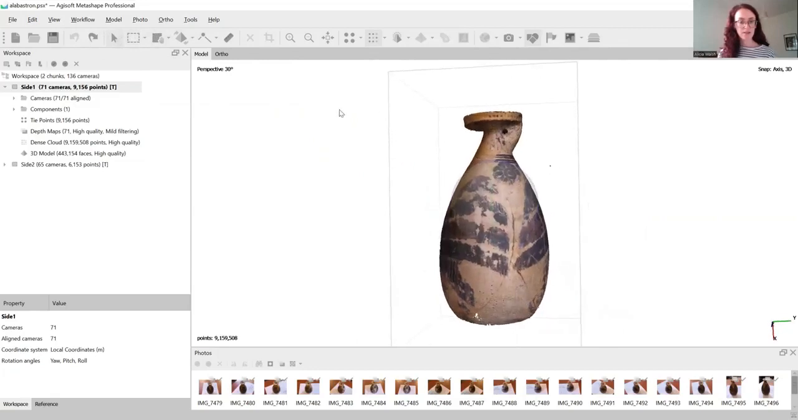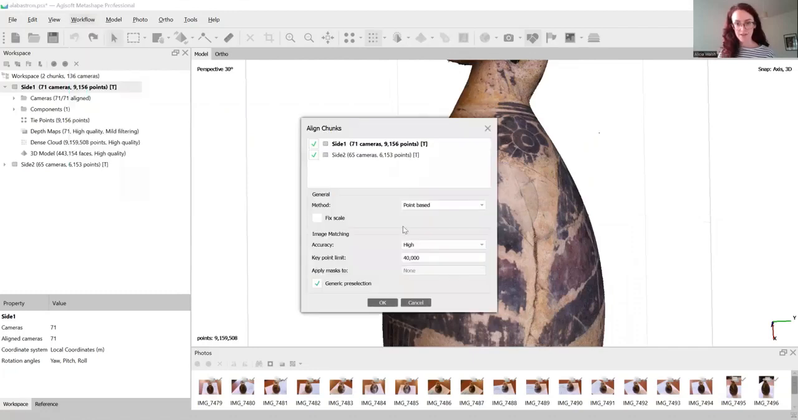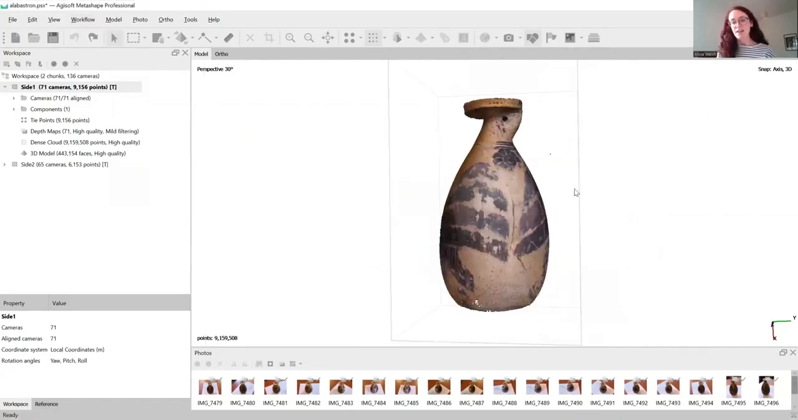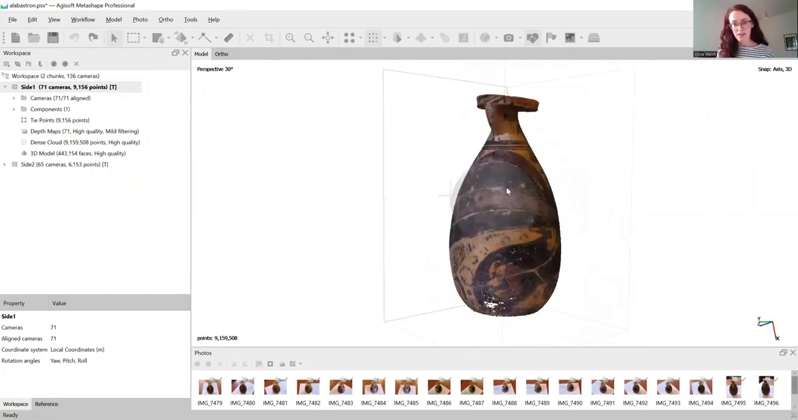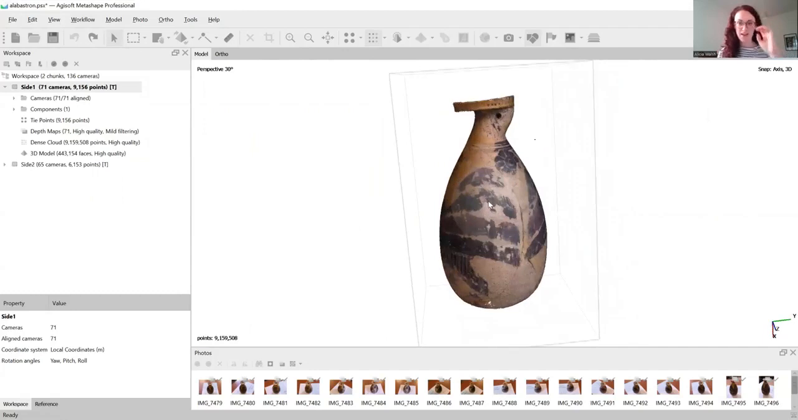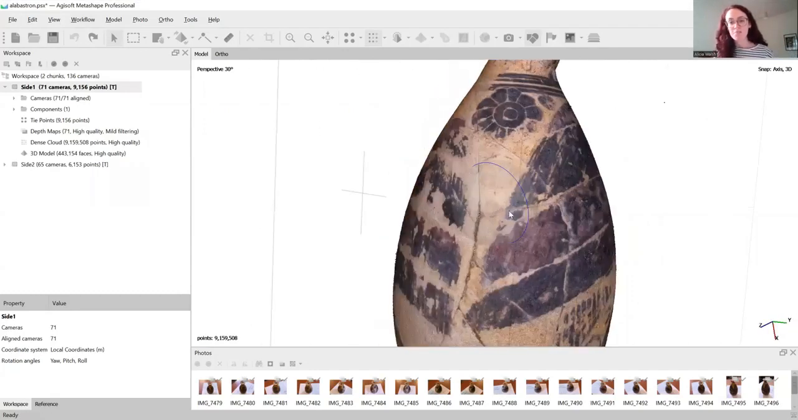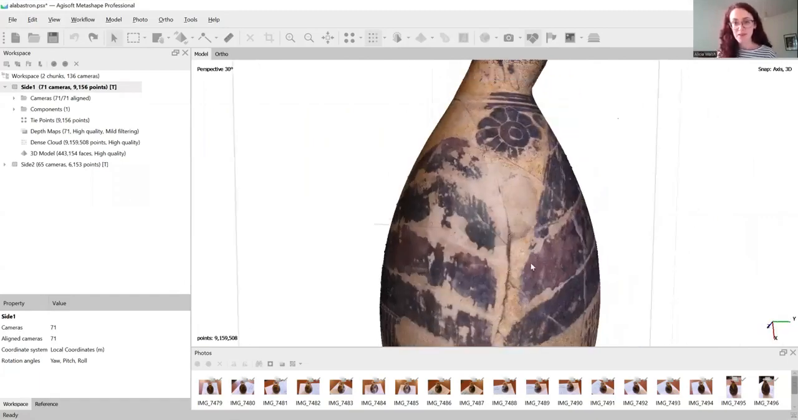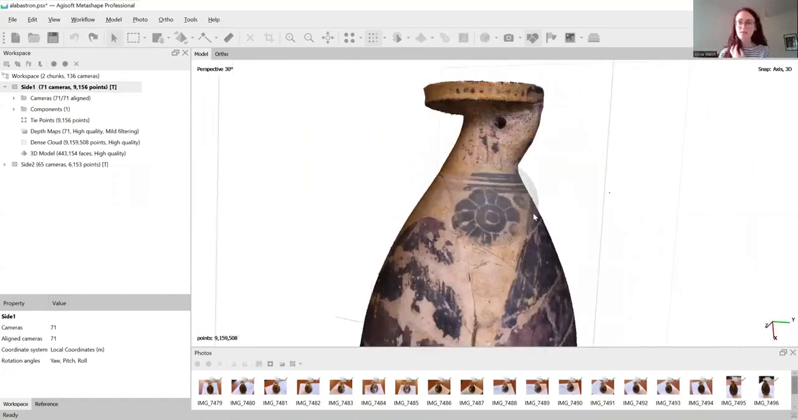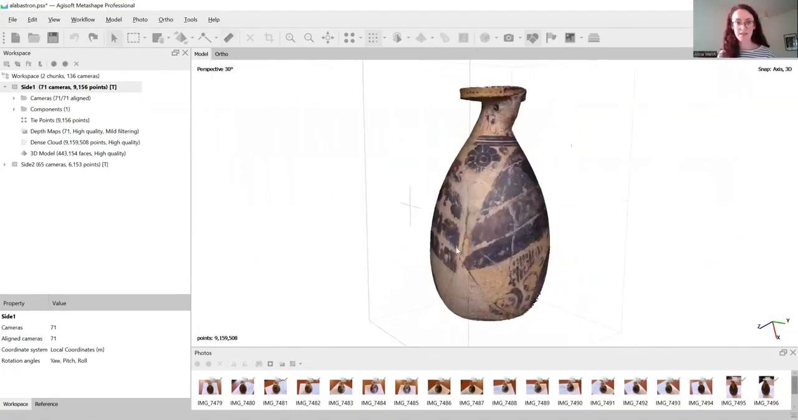So we can do the marker-based alignment here. However, we need to put some markers in first to tell it exactly where it's going to align. So this is a more involved step and requires you to be quite precise about the work. So what I'm going to do is pick a part of the model that is visible